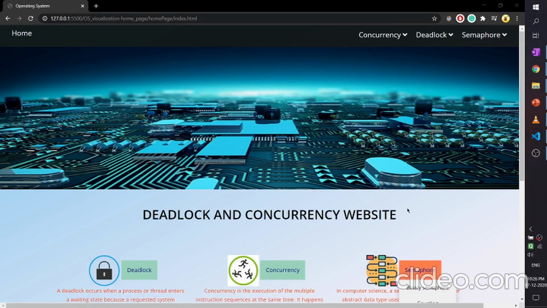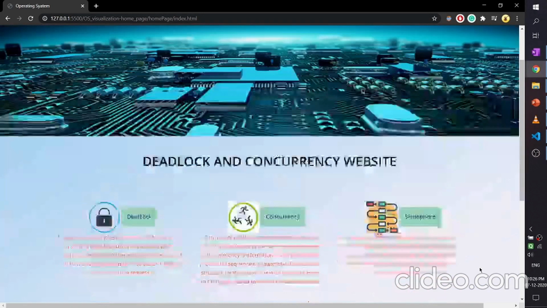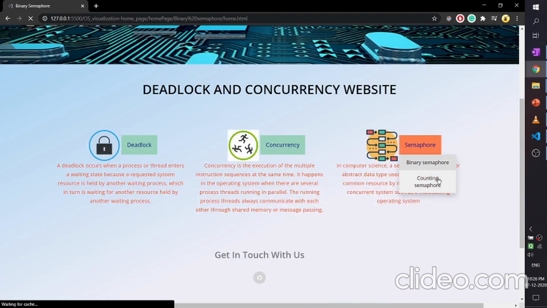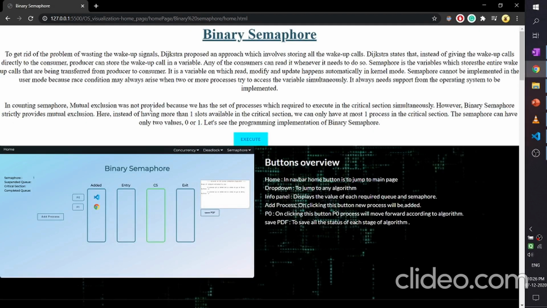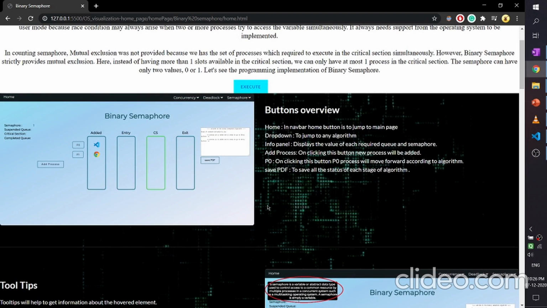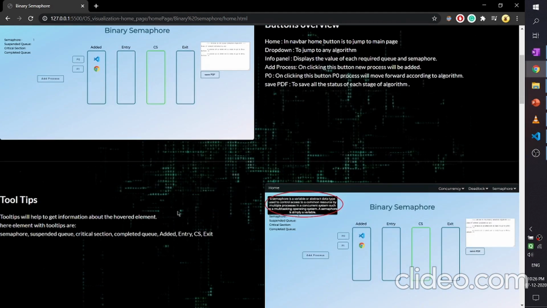Hi guys, in this session we would be getting interacted with algorithms related to semaphore. In this section of our web page, we have included several descriptions and details about our algorithm, how it works, and first of all, what are the things we should know and how it was invented. And it shows the steps related to our implementation, how each step is derived and how it is implemented. For example, this section is all about the button overview.